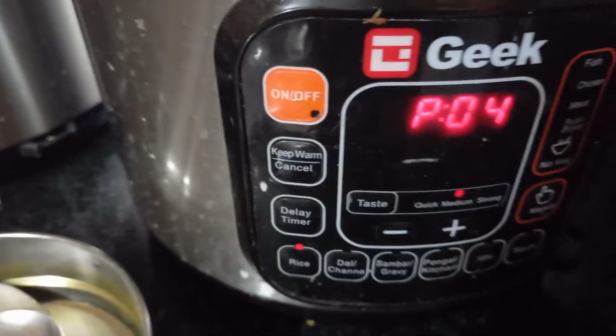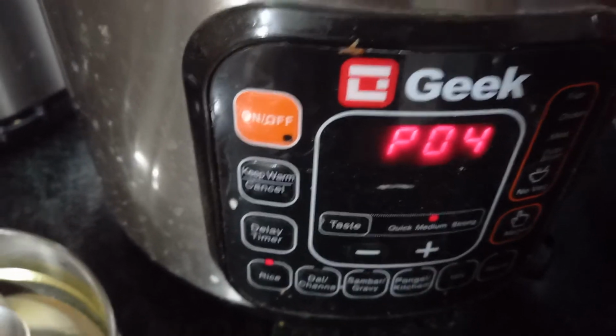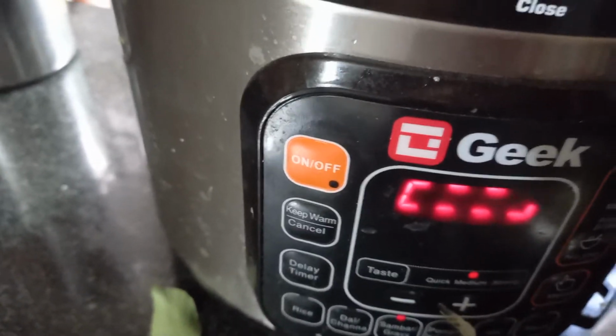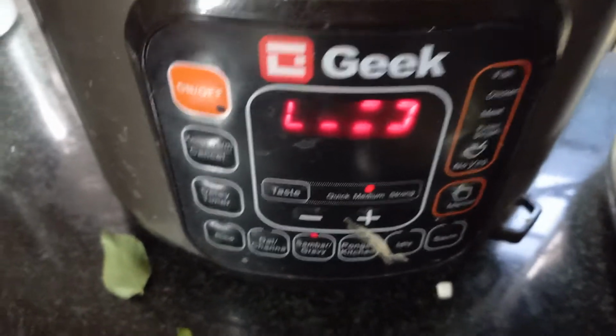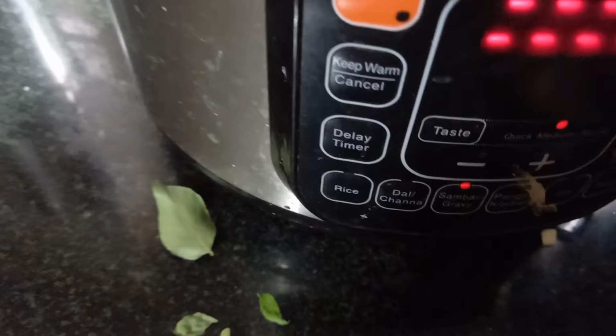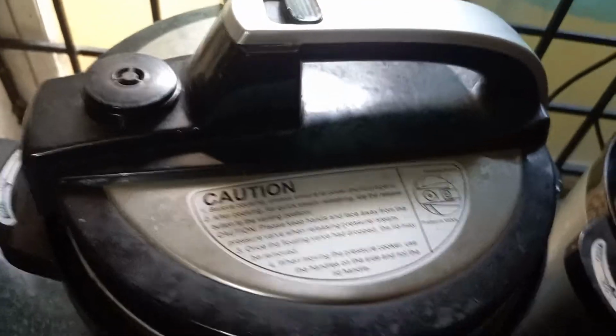For the rice, for 2.5 tumblers, it takes 12 minutes to cook, and then 10 minutes on keep warm, and then I open it. So the same thing happens here. I'll keep it for around 10 minutes, then I'll open the dal, add a little salt, and it's ready to have. So let's see what happens after 8 to 9 minutes, because 1 minute is for processing and 8 minutes is for cooking. Also, while using the Robo Cook,